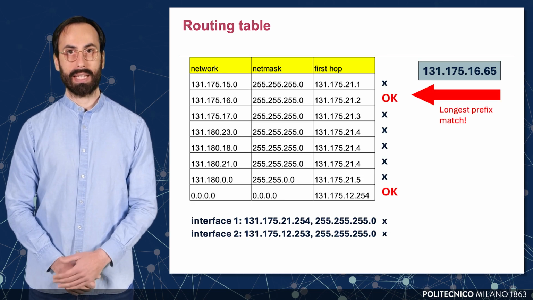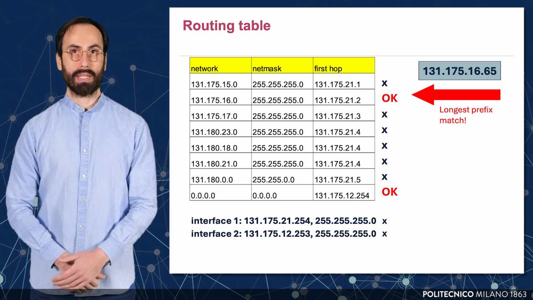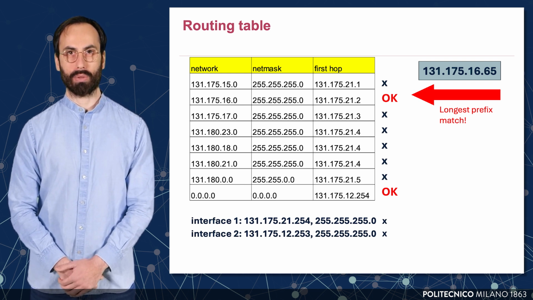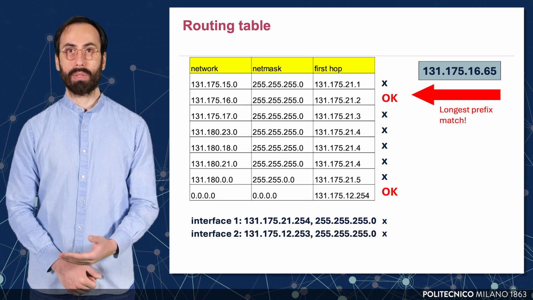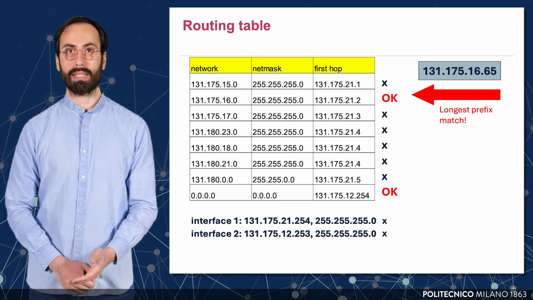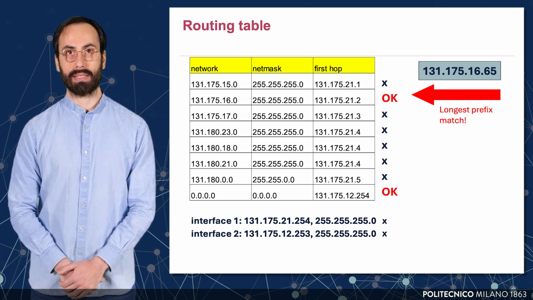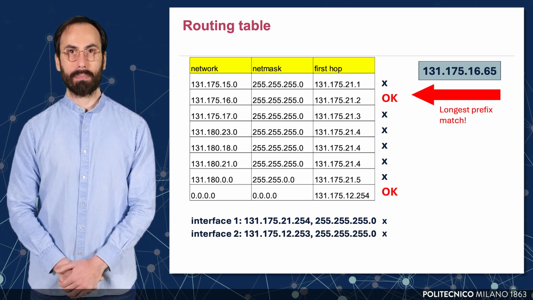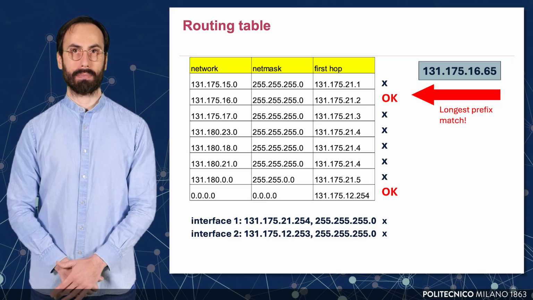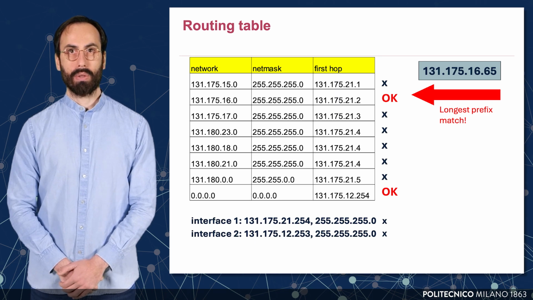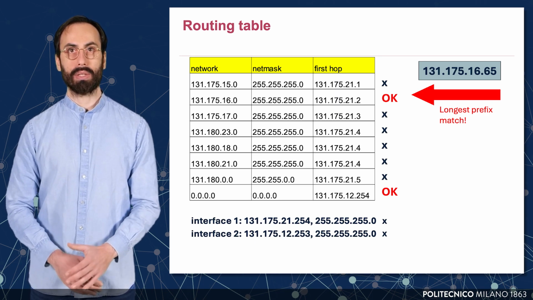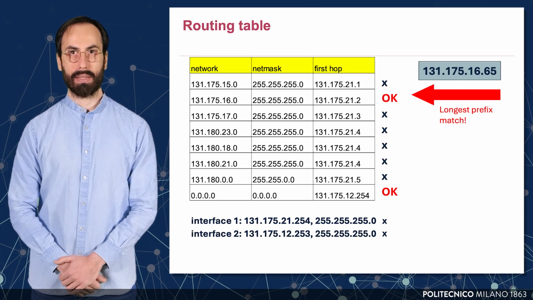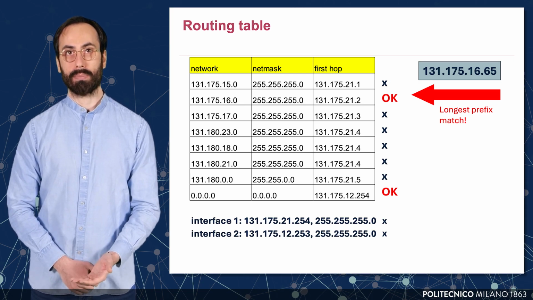Now let's walk through a second routing example, this time with another destination IP. The router checks the routing table row by row, performing an AND operation between the destination IP and each net mask. We have a match in the second row. This one matches, and it's also the longest prefix match, meaning it gives us the most specific route. So, even though the default route at the bottom would also technically work, the router chooses this one because it has the most bits in the net mask. The packet is forwarded via the corresponding next hop.